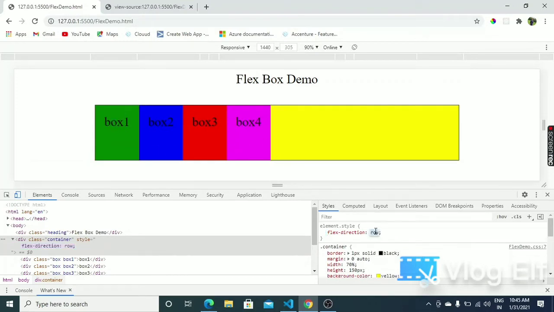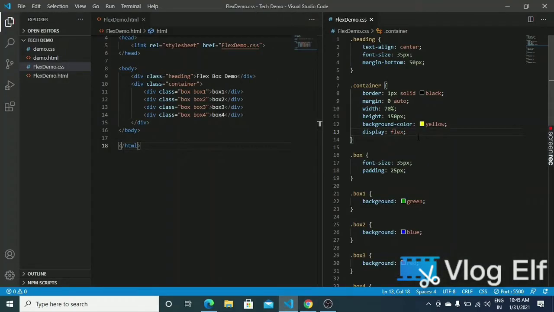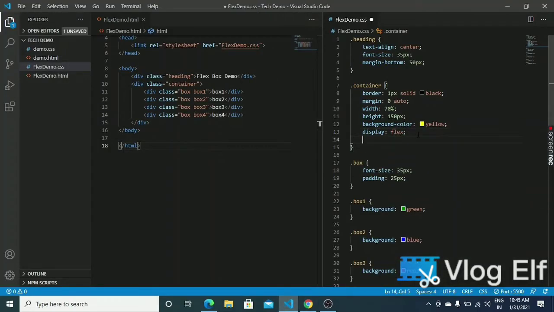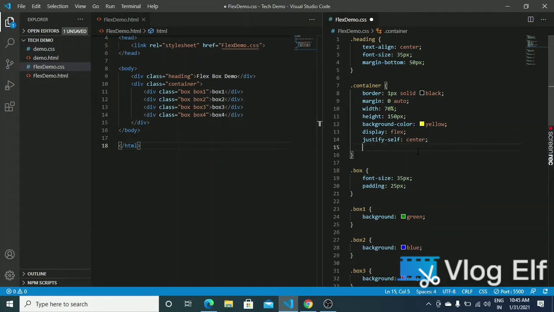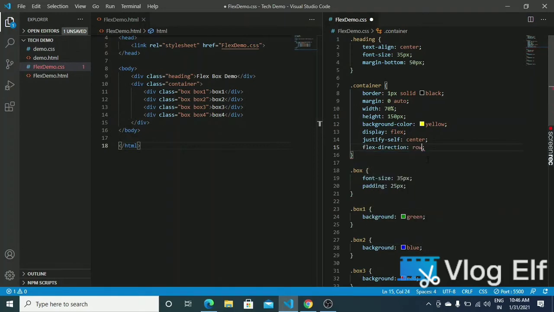We can give row reverse, so it is reversing the order of the elements horizontally. So let's give the justify content as center, and flex direction as row.